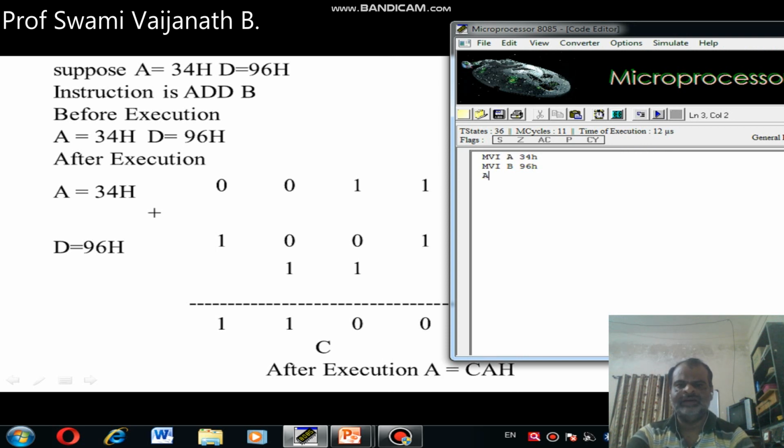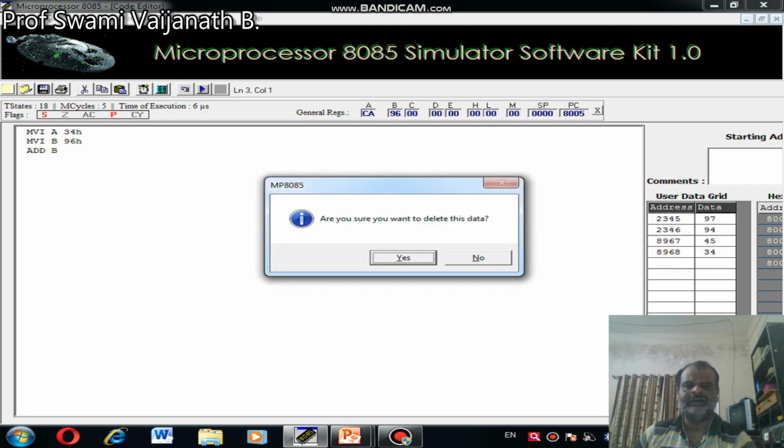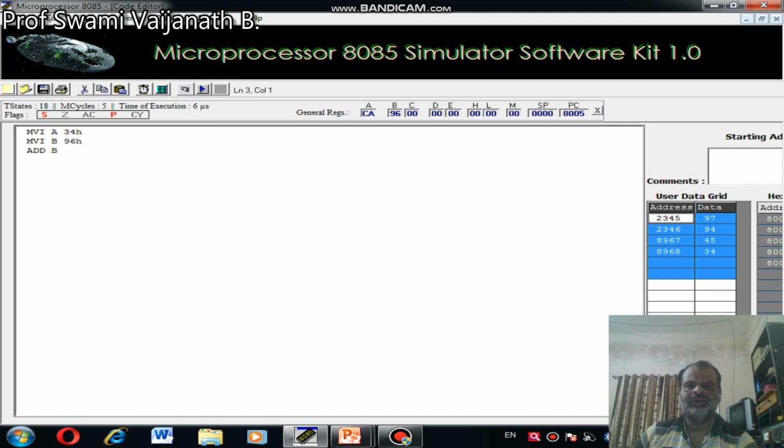Then the ADD B instruction is executed. See here, I execute this instruction. In the accumulator we have seen that A is equal to CAH, and flags are affected here.